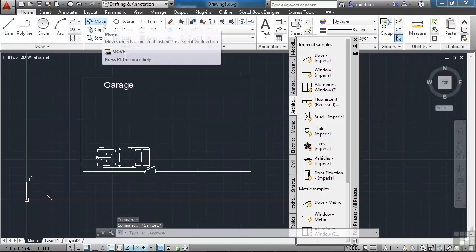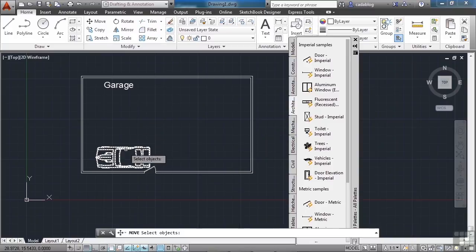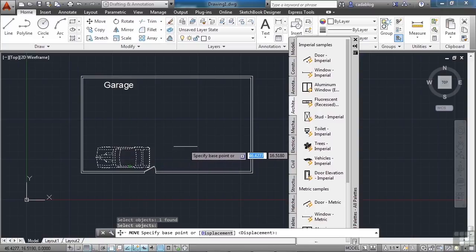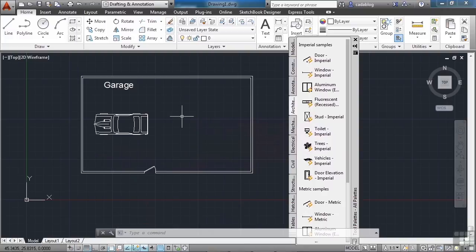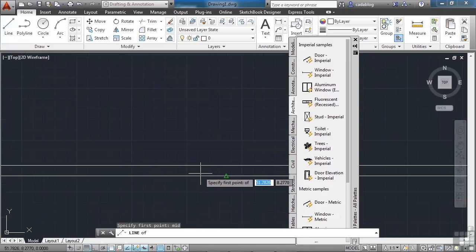Come up here to the move command, click move, select the car, left click it, press enter, pick a point anywhere, and now move it up a little bit. As you can see here, most of these AutoCAD commands have a series of events that have to happen. You start the command, whatever it is, and then you pick your first point. Type in MID for midpoint, press enter, and we're going to pick down here, zoom in with your scroll wheel, and get that green triangle. You see the green triangle? That's a midpoint glyph. That's an O snap. It's snapping right to the middle of that line. Left click,